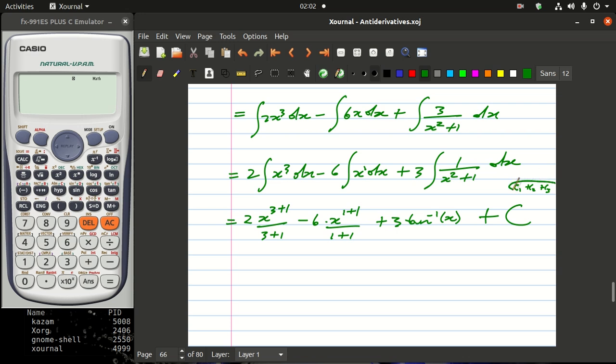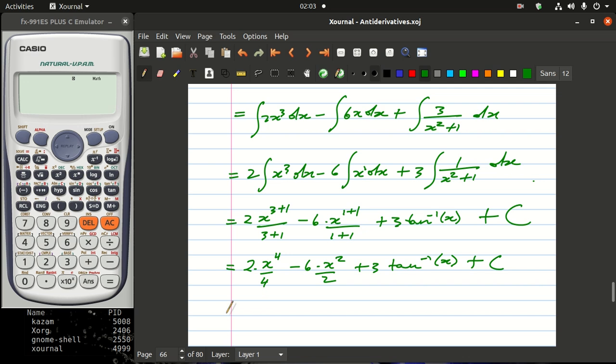But adding constants, you will end up getting a constant. So that is why I have one big constant of integration. But if you are adding this by one, you are not wrong. You are 100% right. But you must know that constant plus constant plus constant will end up getting one big constant. And then you will have a 2, and then this one will be x raised to a 4 divided by a 4 minus a 6 times x squared divided by 2 plus 3 tan inverse of x plus a